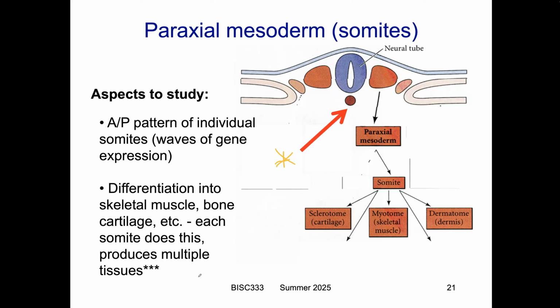Okay, so we've talked about the identity of the somites, the anterior-posterior patterning, the waves of gene expression, and the Hox genes. And so now I want to just talk a little bit about how the somites themselves are patterned. Okay, and the somites, which are called, as you remember, paraxial mesoderm,